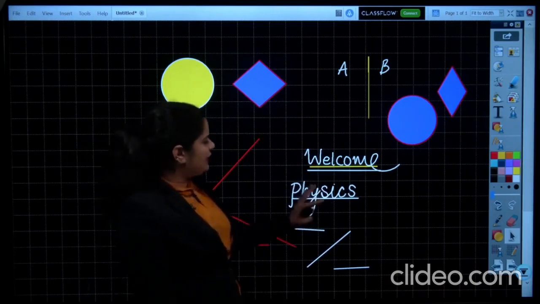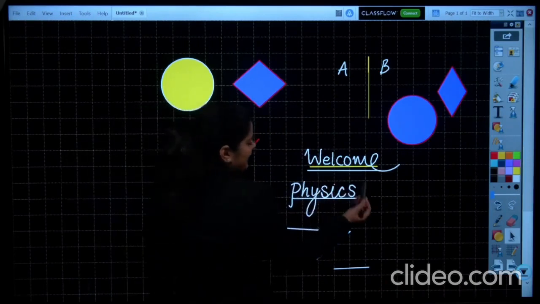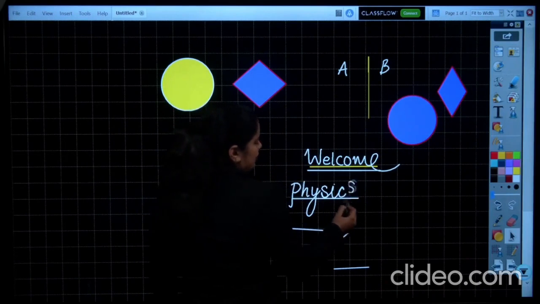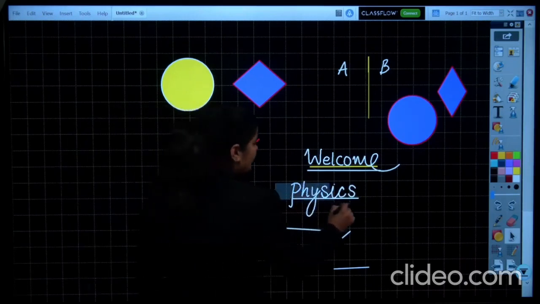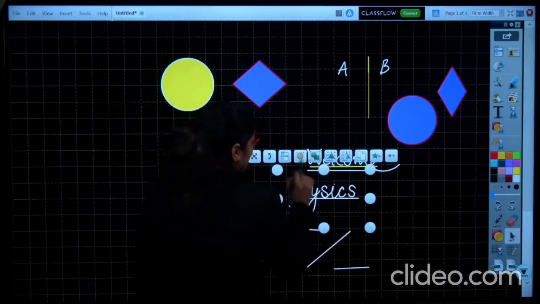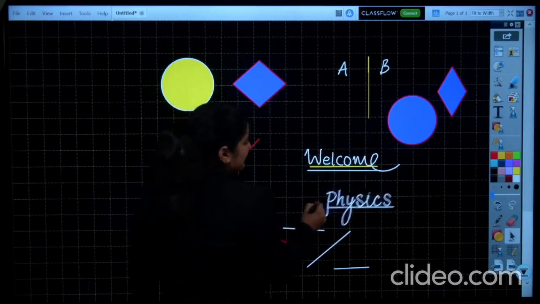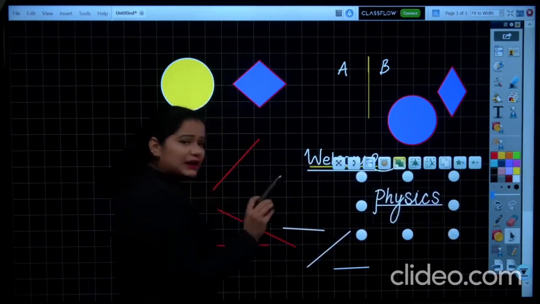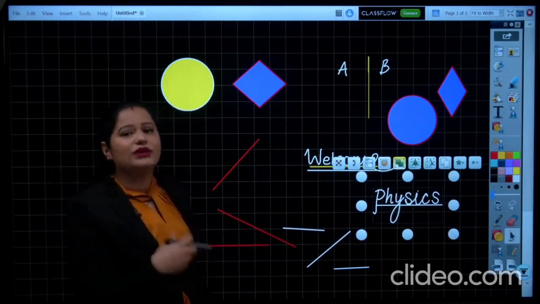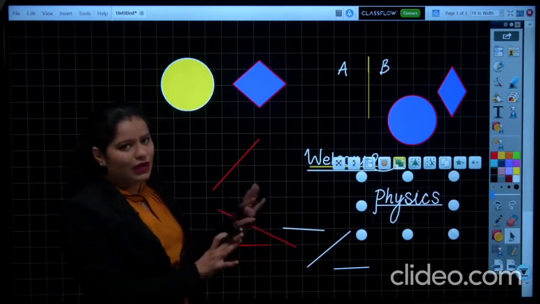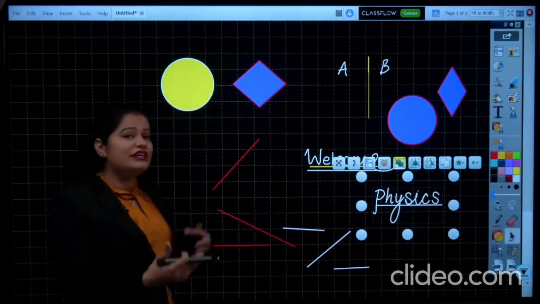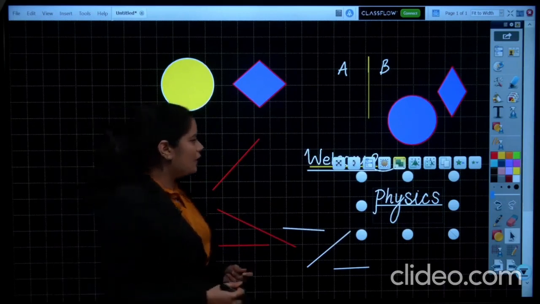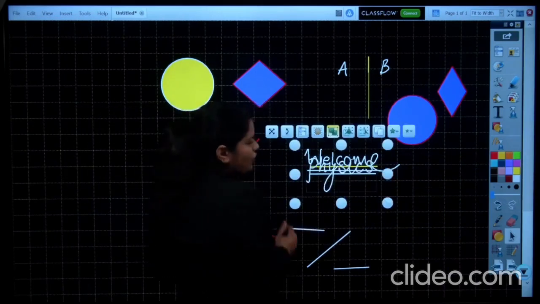Let me click on any letter of this word. If you click on the S, only the S is moving. If you want the entire word to move together, you need to group it. I hope the concept of grouping is now getting clear to you, how you can group the letters, the images, and the various shapes that you have used over here. So this is all. Moving on to the next thing.